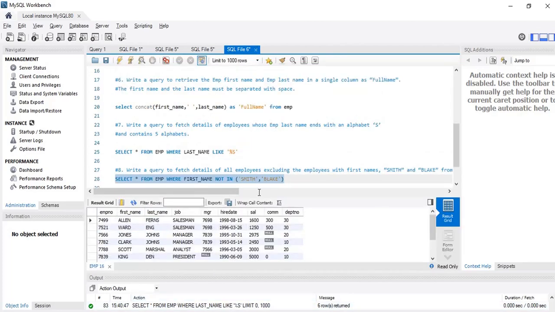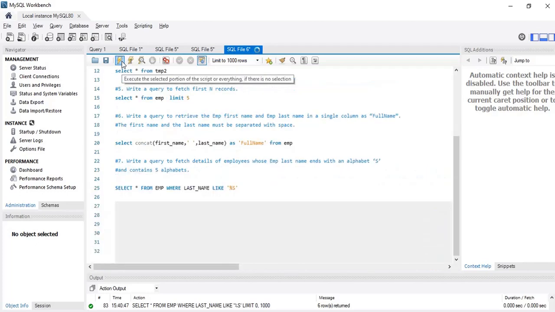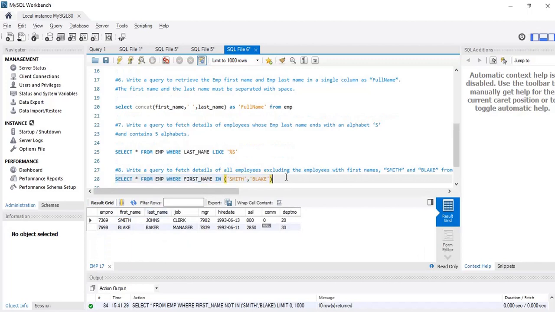So all the other employees will be printed whose first name is not Smith and Blake. So I'm using not in over here. And if I wanted only those employees whose first name was Smith and Blake, then I would have used in. So these two will be printed.